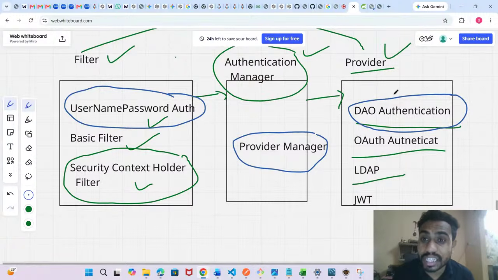Guys, after the provider there are some more layers as well. This is how you should study security, guys. If you simply memorize by heart, you won't clear the interview. I'm very sure of that. Security is an in-depth concept, it is an experience-level concept. So you should understand the concepts at a minute level so that you can handle project situations really well.